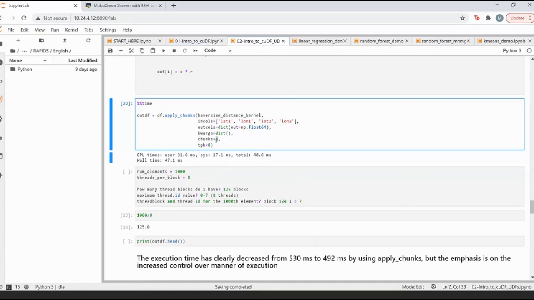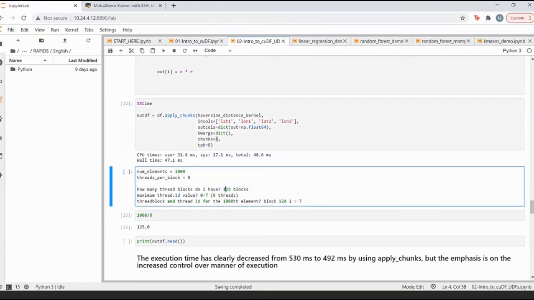particular thread block, right? So there's a very fine and minute difference in how the chunk value can also affect the overall thread block size as well. So if I give my chunk value as 8, at that point of time I'll get the same answer, which is 125 blocks. But if I give this as 16, this will get divided by 2, which essentially comes to about 62 or 63.